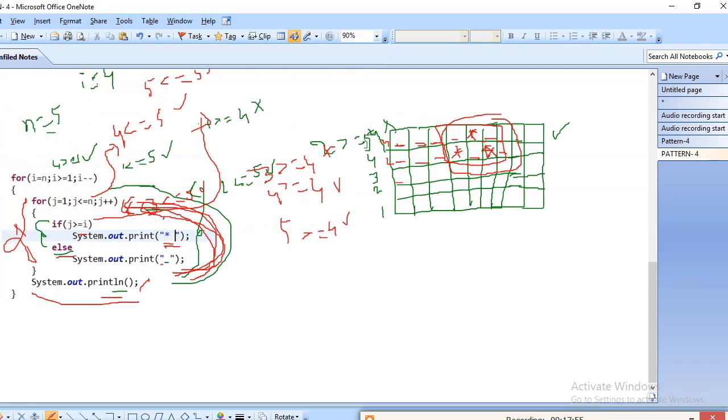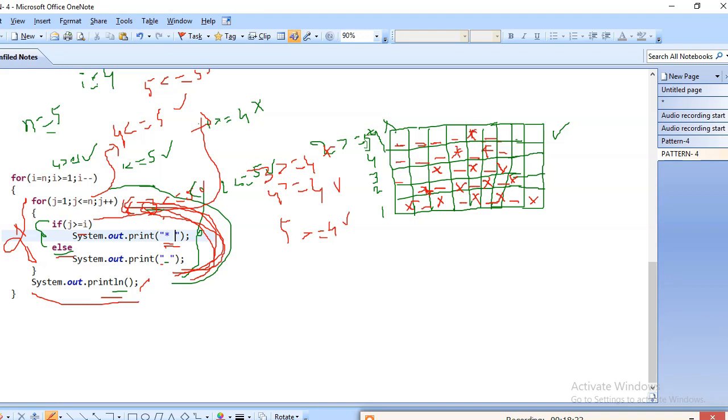And this will be printed continuously, like here, one star space star space star. Again star, star space star space, space star, then star space star space star space star space star. Like this, the pattern will be printed.